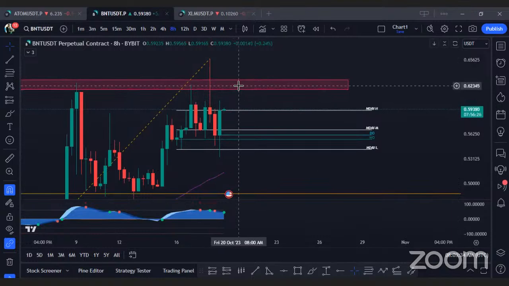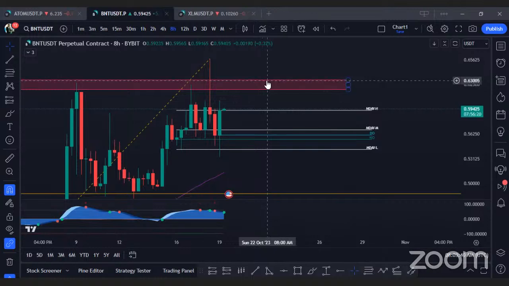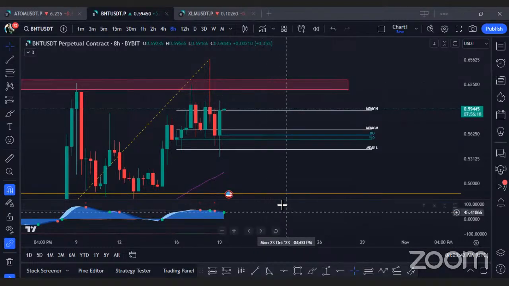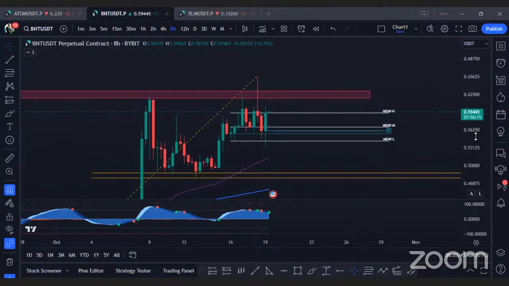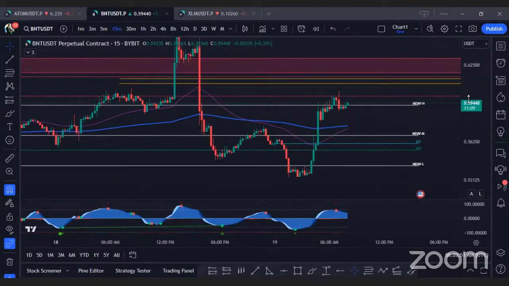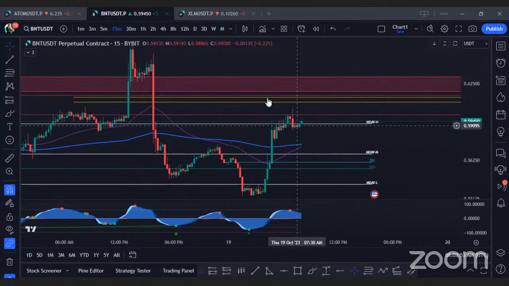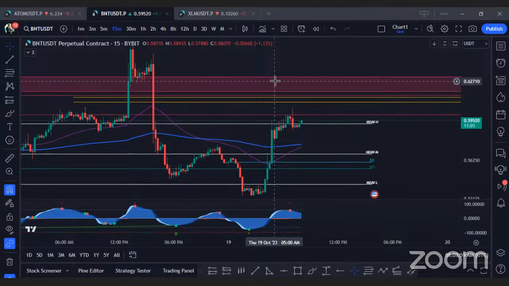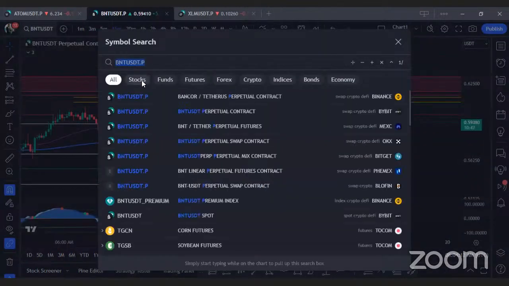So I'll be looking to short BNT at anything between the 62, 63 cent level, 0.62, 0.63. Those are the areas I'll be looking to short BNT. If it goes back up there, I'll take a short trade from there. That's what I'm looking at for BNT. If it plays that, I'll take it, but if not,